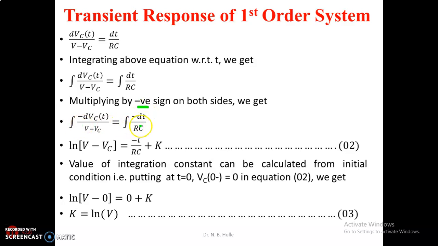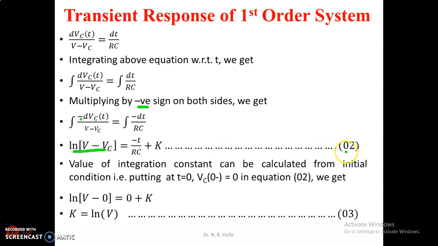This minus sign is on both sides. Now here in this case, differentiation of this term is available in the numerator, which is minus 1. That's why the log of the denominator, which is V minus Vc, is the integration on the left hand side. Now here, 1 upon RC is a constant and integration of dt is t, and this minus sign is as it is, plus some constant of integration, that is k, and we will name this equation